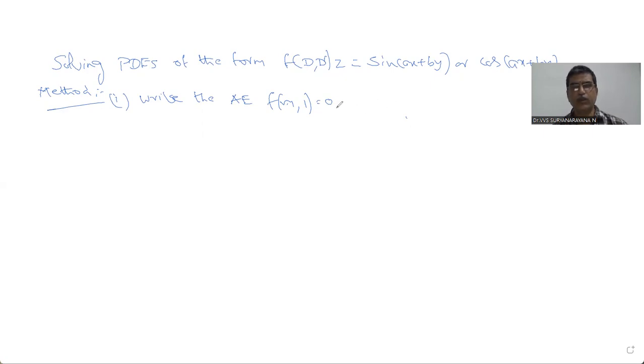See, this will be either a quadratic equation in m or a cubic equation in m, depending on the order of this particular f of D, D dash. If we have third partial derivatives, dou cube z by dou x cube, or dou cube z by dou y cube, or dou cube z by dou x dou y square, like that, then it will be a cubic equation. We'll get m cube term, m square term, m term, and constant terms. If this f of D, D dash contains only second order PDEs, then we will get a quadratic equation. Okay, so write the auxiliary equation. Next, solve for m,